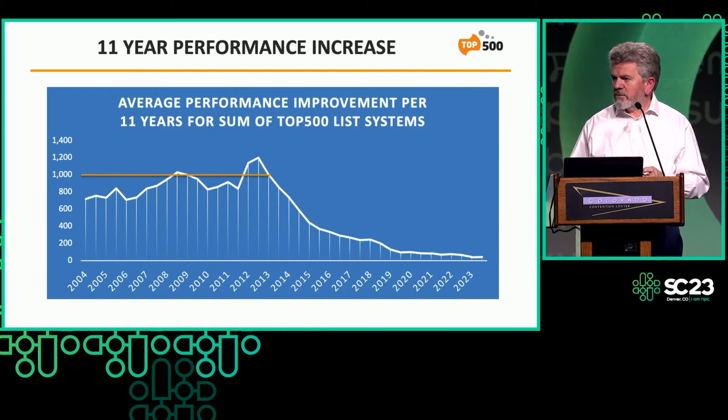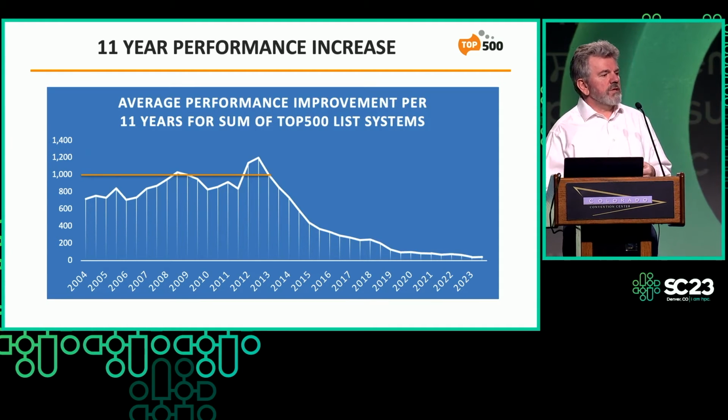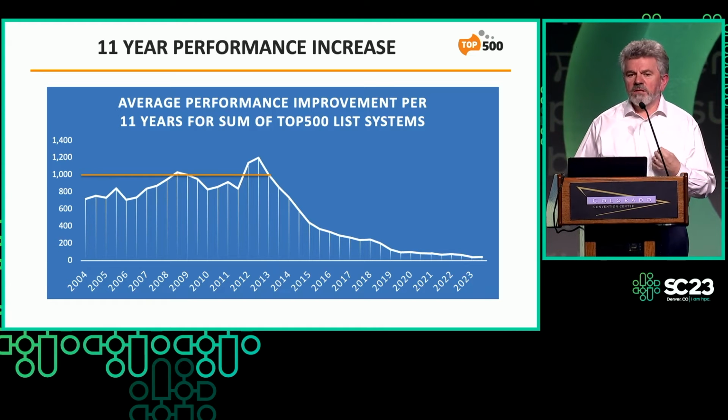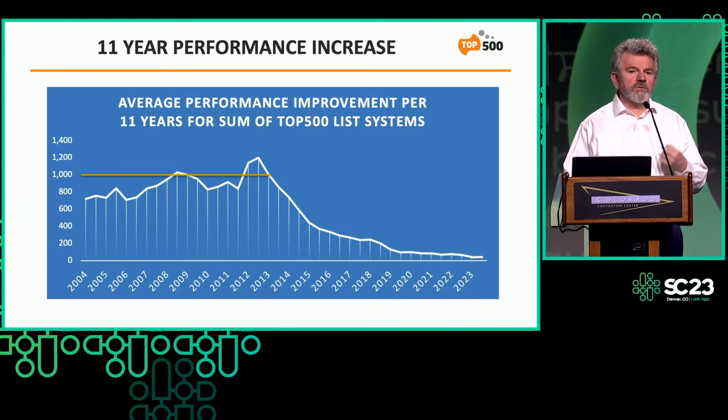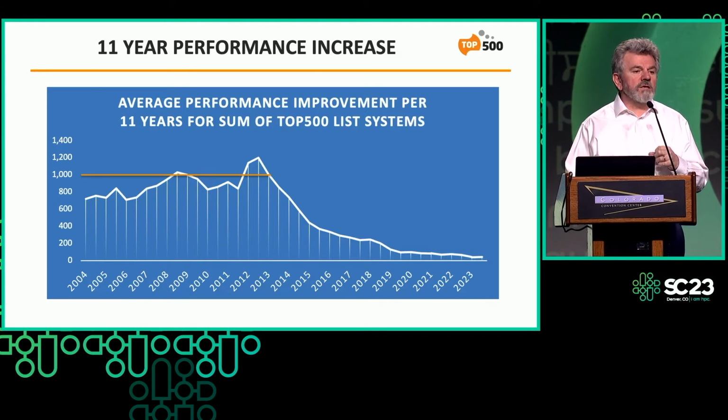My colleague, John Shalf, did a nice visualization, and so I borrowed it and redid it. We used to have that old rule of thumb, based on Moore's law and on how fast we grew the node count, that it took about 11 years to get a factor of 1,000 improvement in performance. And that is something which, even after the end of Dennard scaling